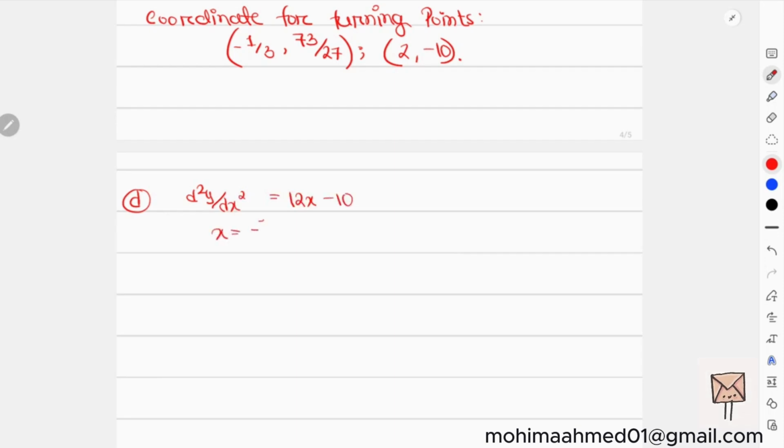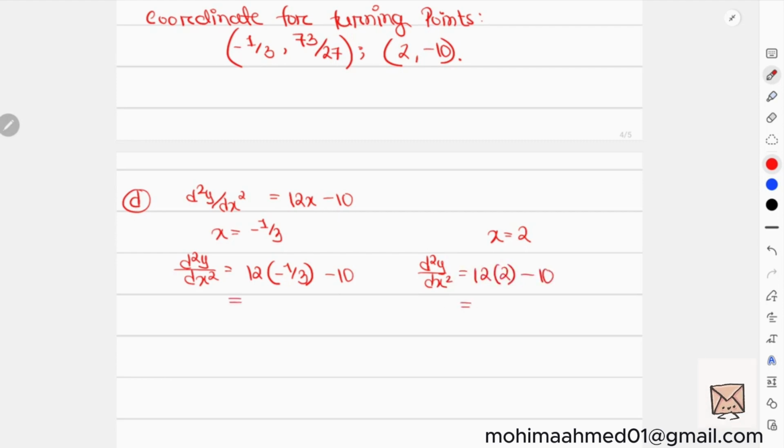So when x is negative 1 over 3, this d squared y over dx squared is 12 times minus 1 over 3 minus 10, and then again when x equals 2, this d squared y over dx squared is 12 times 2 minus 10, which is positive 14, which means this one must be the x coordinate for a minimum turning point. And if I do the same thing,